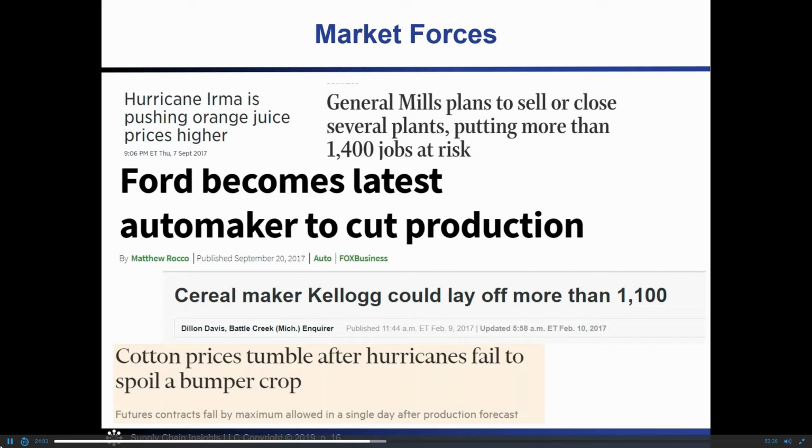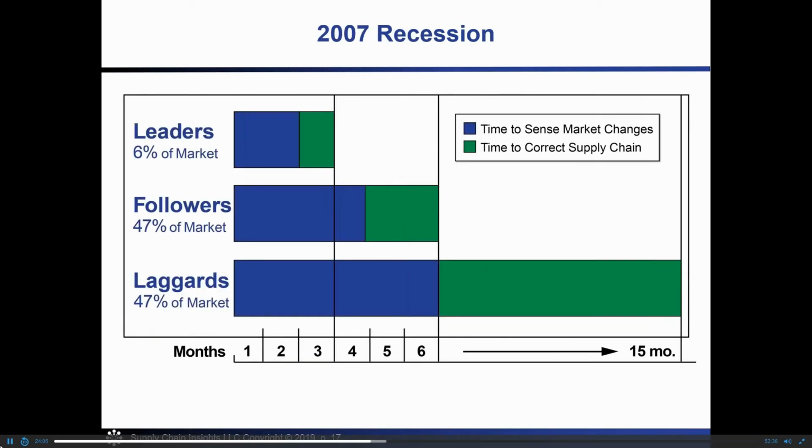I believe that it will take us longer to respond to the shifts of the demand river in the next recession than it did in 2007. Six months was what it took laggards. Three months is what it took leaders. The difference was that leaders looked at market data, not just order data, and the river of demand, and they were open to talking about it, versus laggards who were modeling off of demand orders.